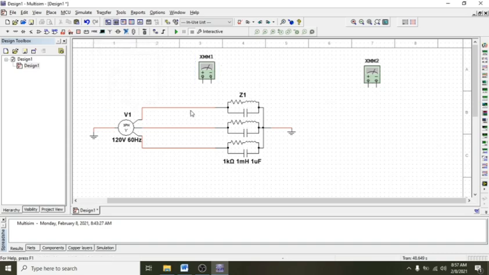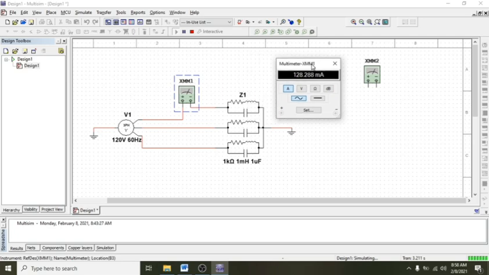For the ammeter, you need to insert it in between the source and the load. You can remove this one, and then we can insert the ammeter. Connect one end of the ammeter to the source and one end to the load terminals. Right after, we can run the simulation, and as you can see the current